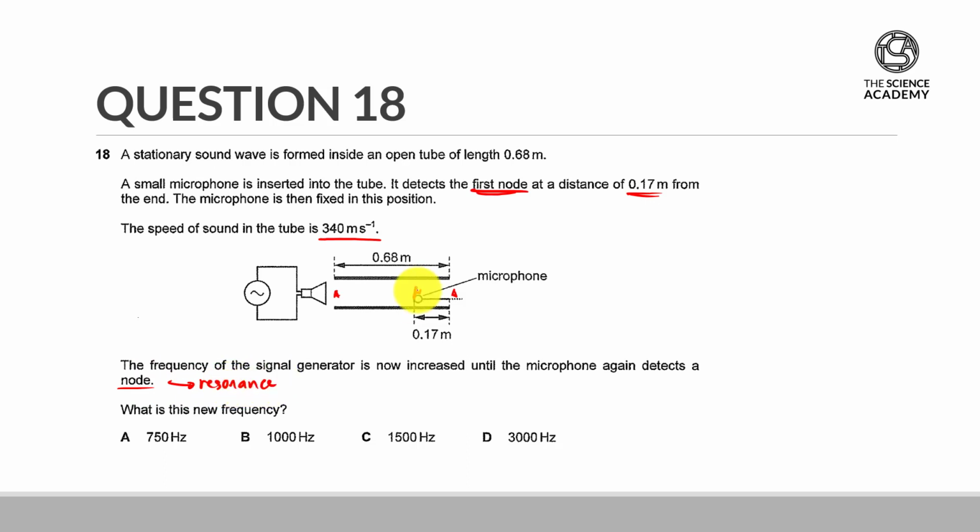Now you must understand that we are insisting that this point at 0.17 is a node. So the biggest wave that we can fit inside here is going to look like this, where this is 1/4 of a wave. So we have to treat this as an open-closed sort of situation. Now, bearing in mind that 0.17 is 1/4 of 0.68,